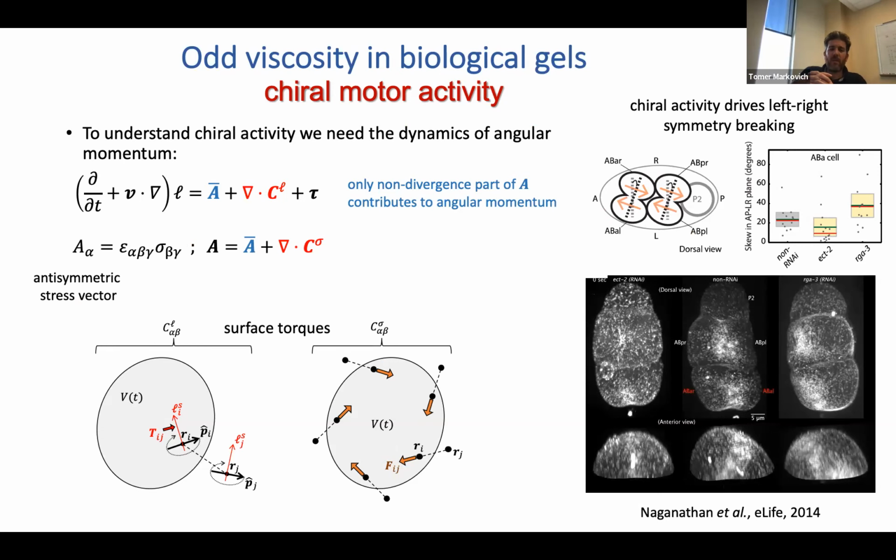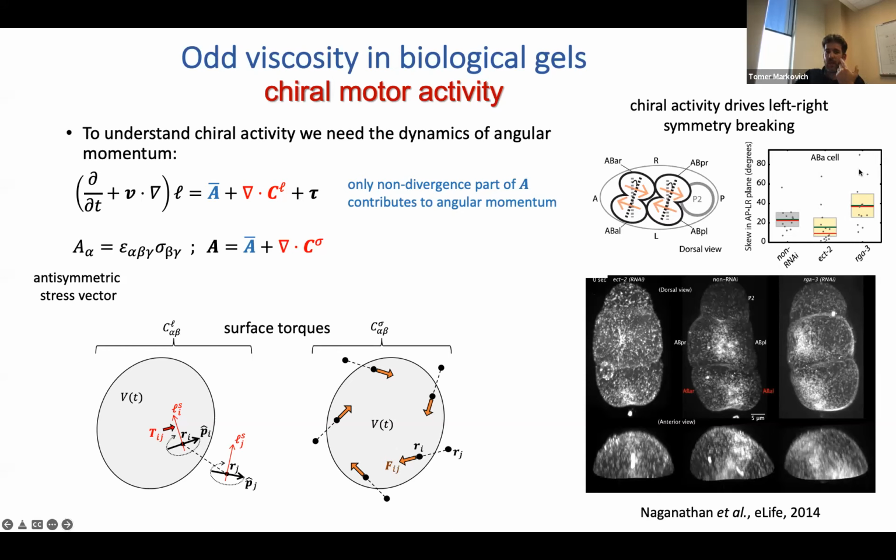So usually when I talk about chiral activity in biological gels, I'm calling biological gels a very general group of materials, anything from actomyosin networks to even bacterial suspensions that are densely packed. But most importantly, I want to talk about active gels in the sense of actomyosin, that has motors as the active ingredients there. And the reason I want to talk about that is because it was recently suggested that this can play